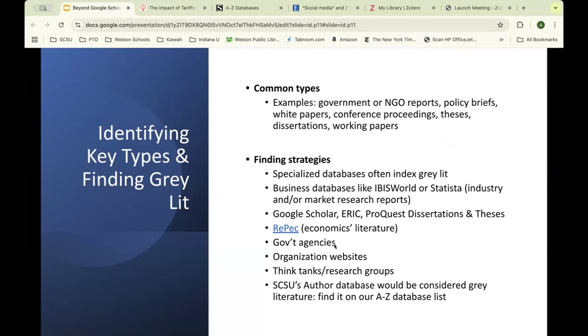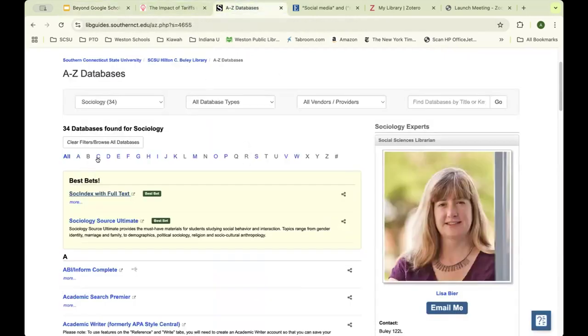The other thing that would fall into gray literature would be our authors database at Southern. So just a quick look over here. I'm not sure if everybody is aware of the,